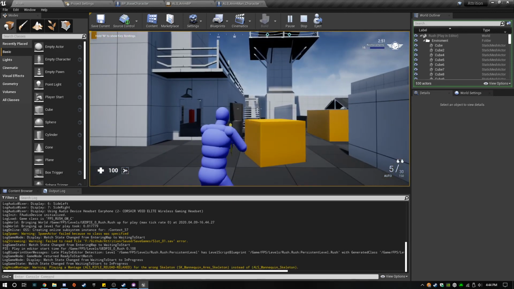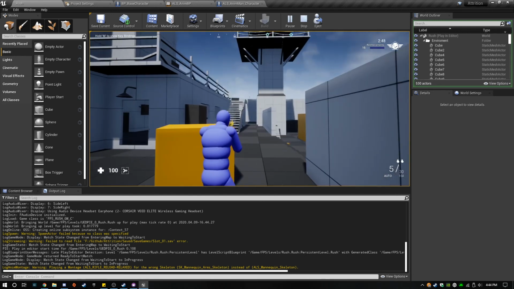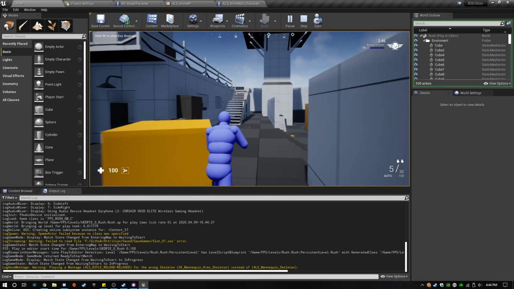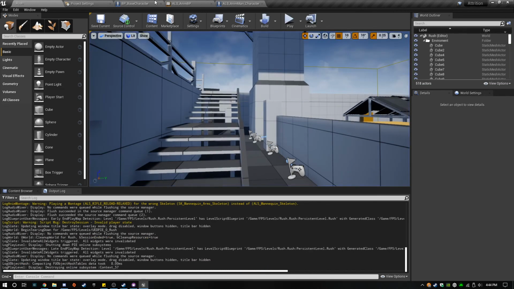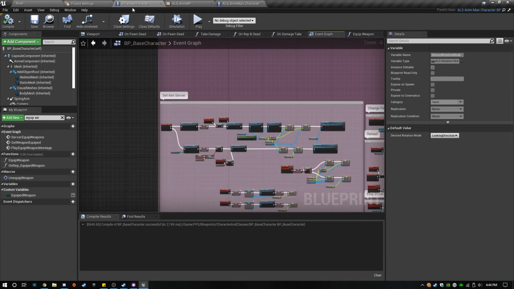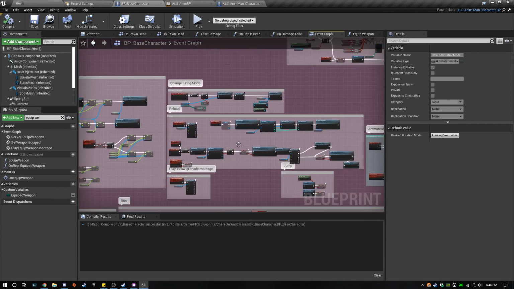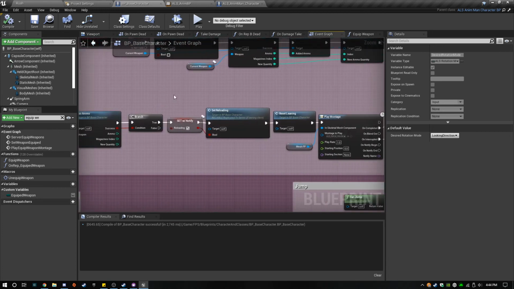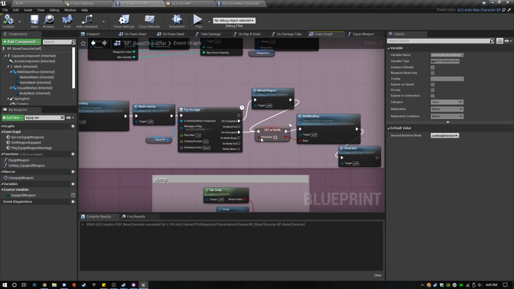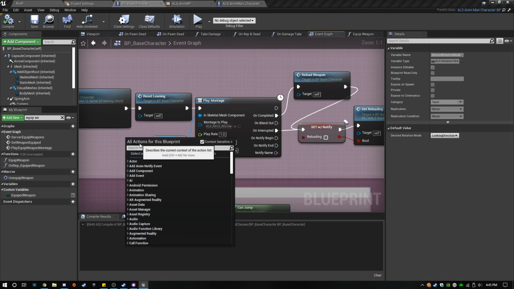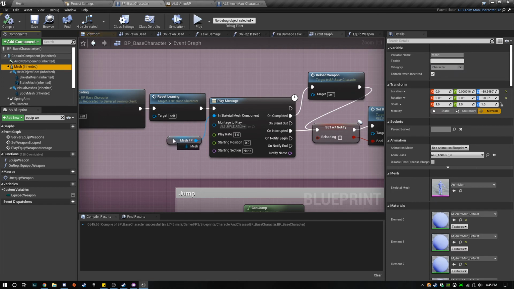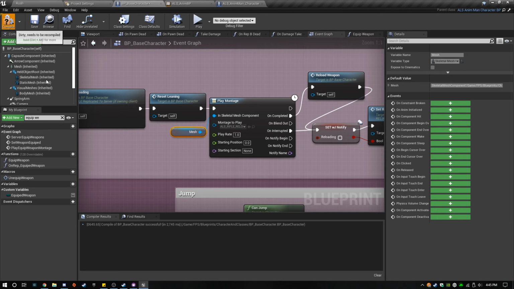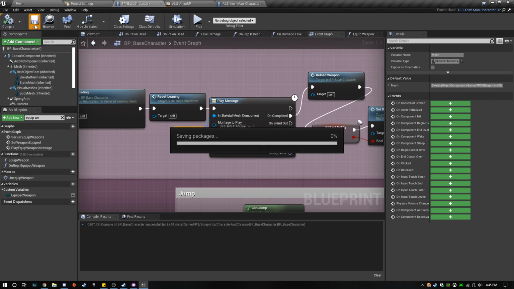Alright, looks like we're back in place. Our reload animation does play. Ish. Maybe not. Let's check into that. Reload, start reloading, play montage on completed. Ah! This needs to be mesh, not the first person mesh, because that first person mesh is going to go away.